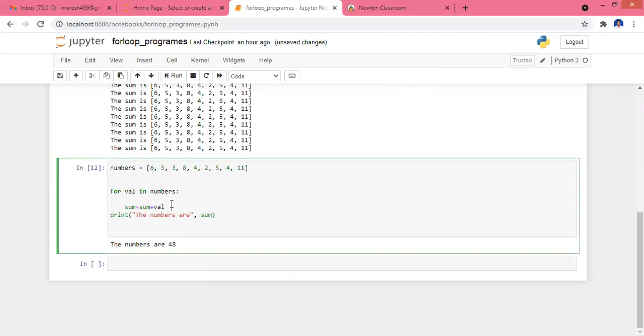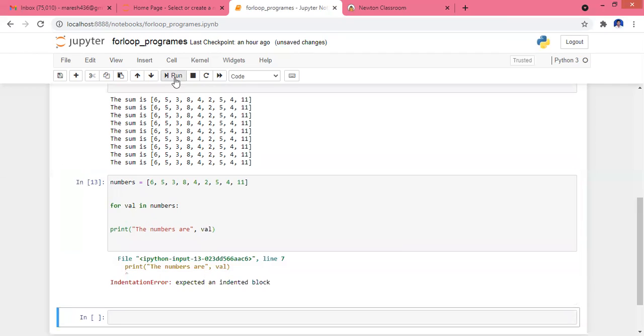Here, this is my for loop. I am going to print the value here. So this variable named value will look into all the numbers in the numbers list, and it is going to print each number. Let me just run it.